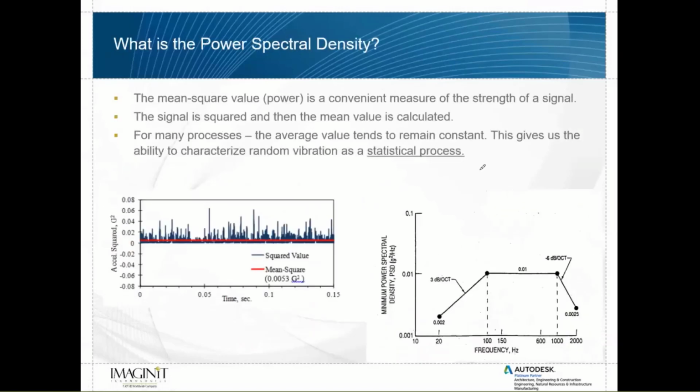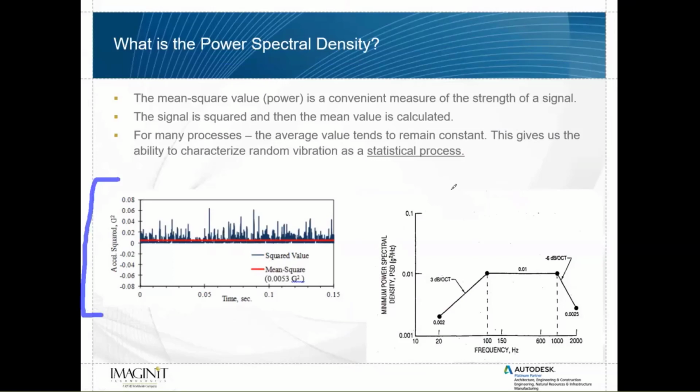When you get into random response, it can be a little bit tricky to understand where they're pulling in what's called this PSD from. So this is called power spectral density. The curve will look something like this over here on the right. Basically, the power spectral density is going to be a measure of the amount of energy in our system at each frequency range. So over on the left here, if you were looking at a plot of acceleration versus time,